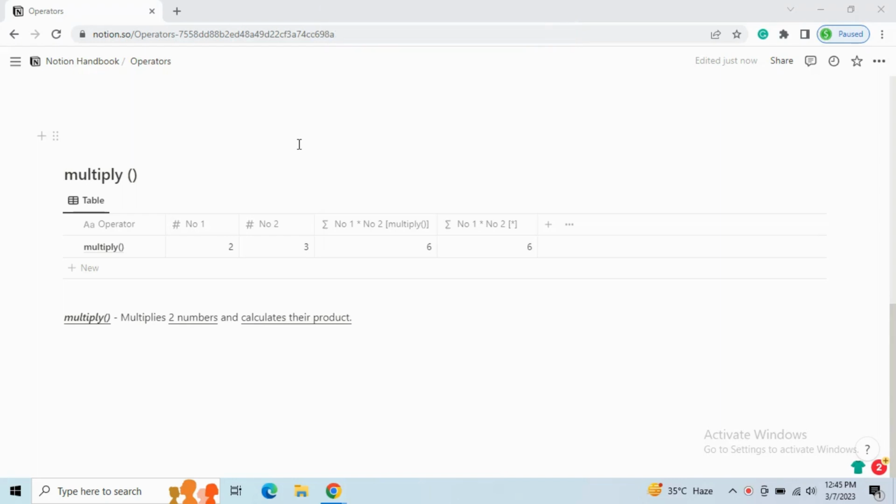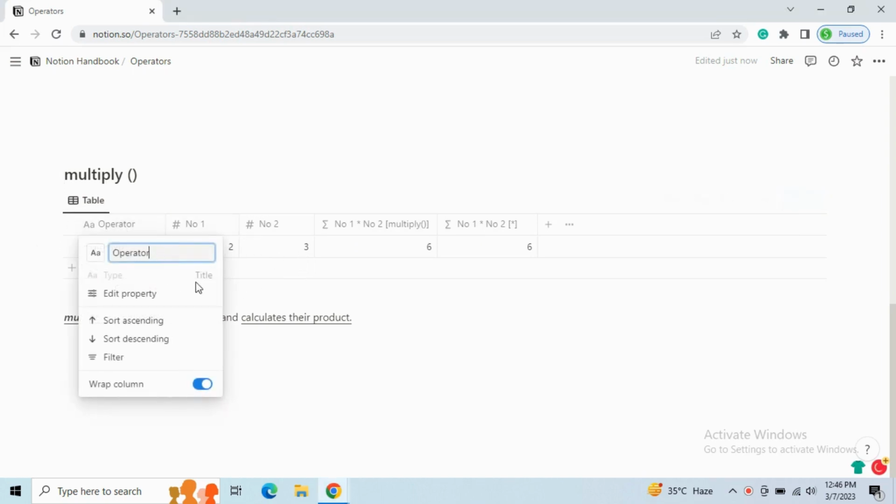Hi, today we are going to learn how to calculate the product of two numbers in a database in Notion. Here we have created a database consisting of two numbers and we have calculated the product of two numbers using two different formulas. In this database, the first property is the name of the operator, which is the multiply operator,